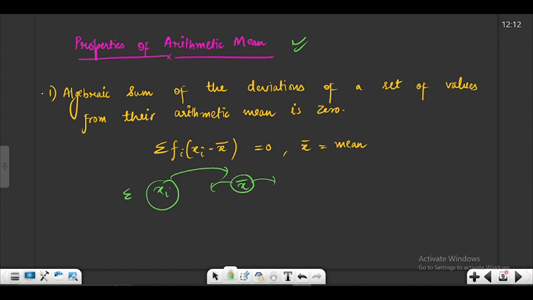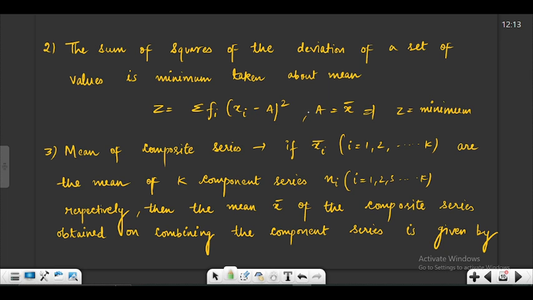So this is an important property, just remember this. The algebraic sum of deviations of a set of values from their arithmetic mean is 0. Now the second property is that the sum of squares of the deviations of a set of values is minimum when taken about the mean. So if I take a number and subtract it from the values and take the square of it,